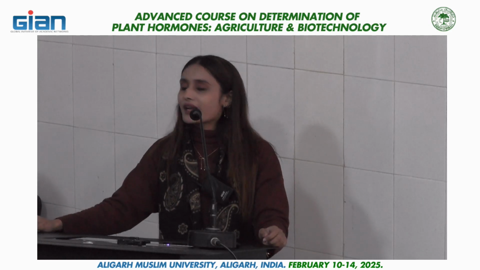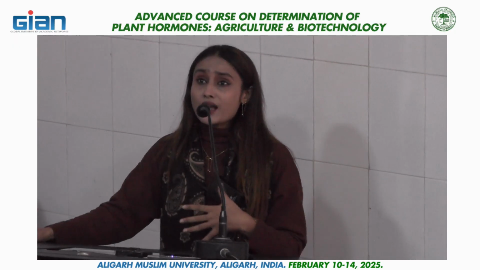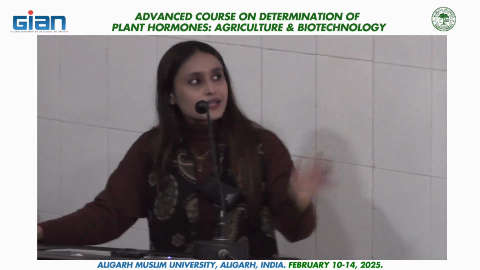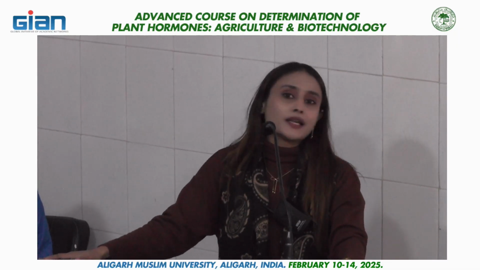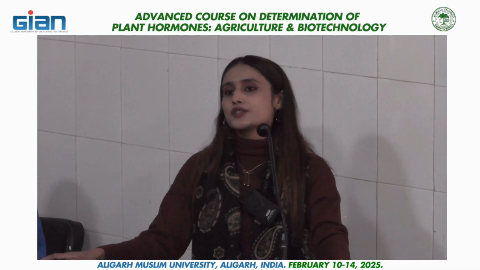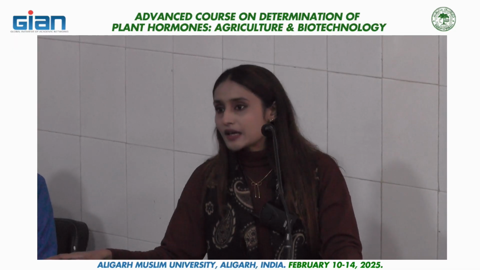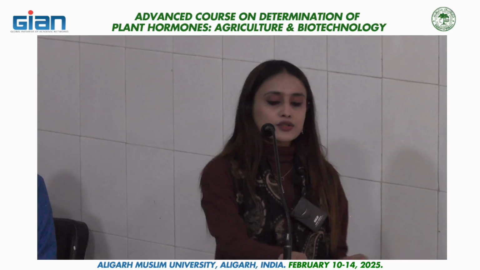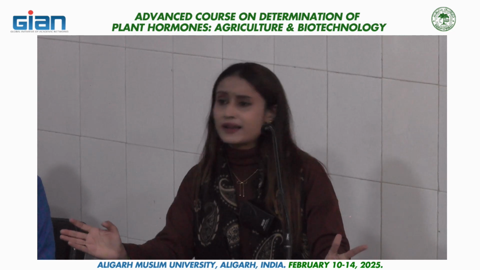This machine is an infrared gas analyzer, and it is a very important instrument in plant physiology, as by using this particular instrument we can measure several parameters which are related to photosynthesis and gas exchange. So basically, IRGA can measure net photosynthetic rate, internal CO2 concentration, stomatal conductance, transpiration rate, as well as water use efficiency. So just in short, we'll discuss how it works and what IRGA is, what are